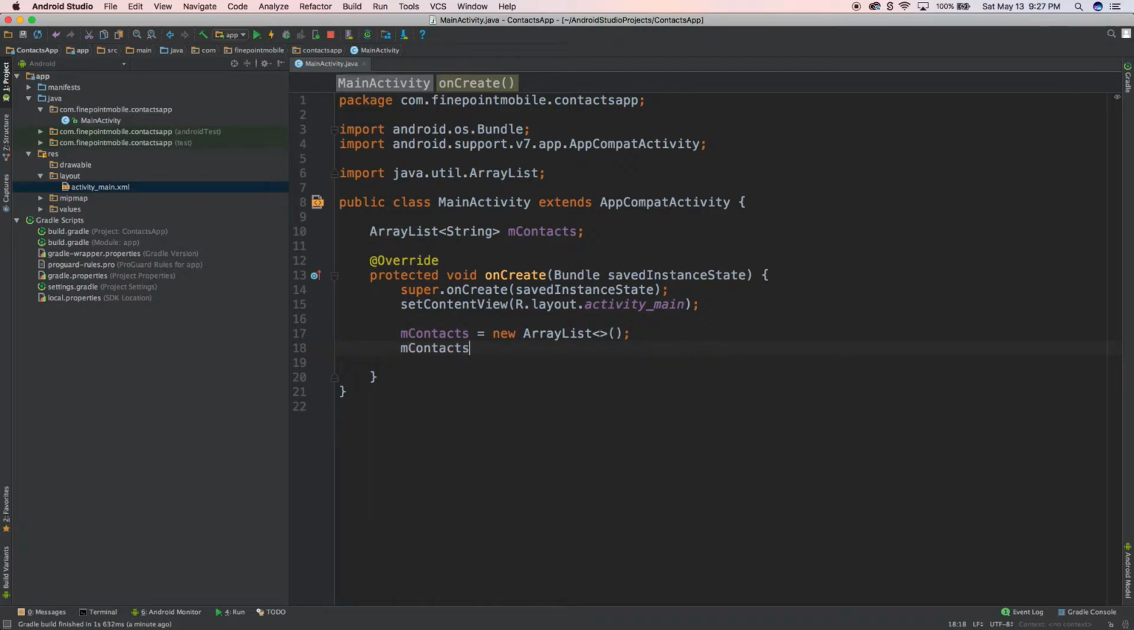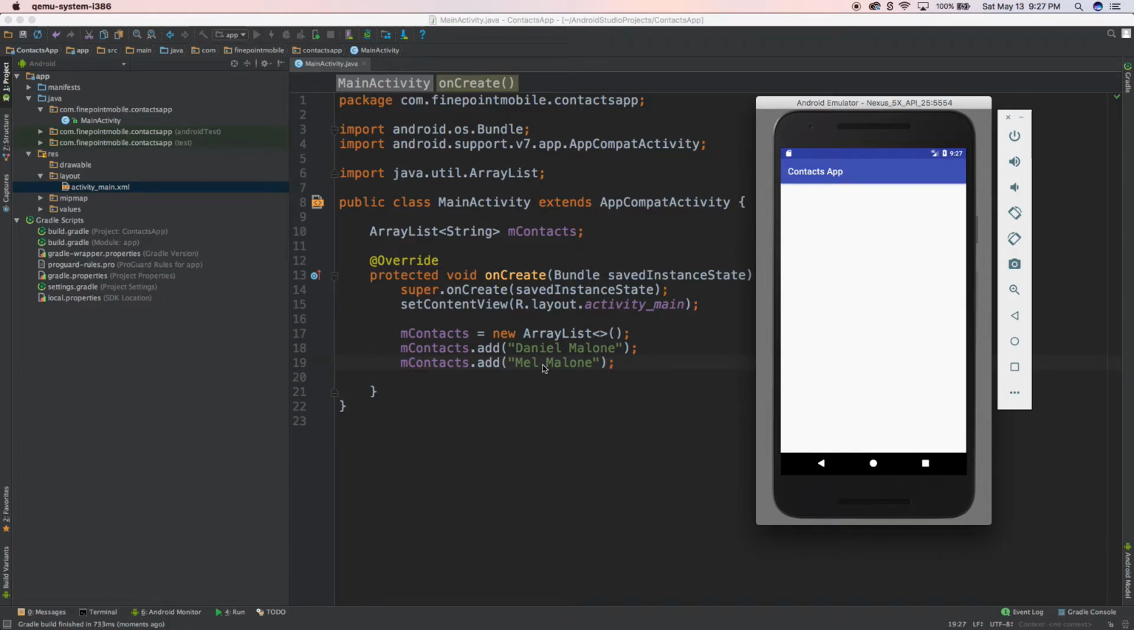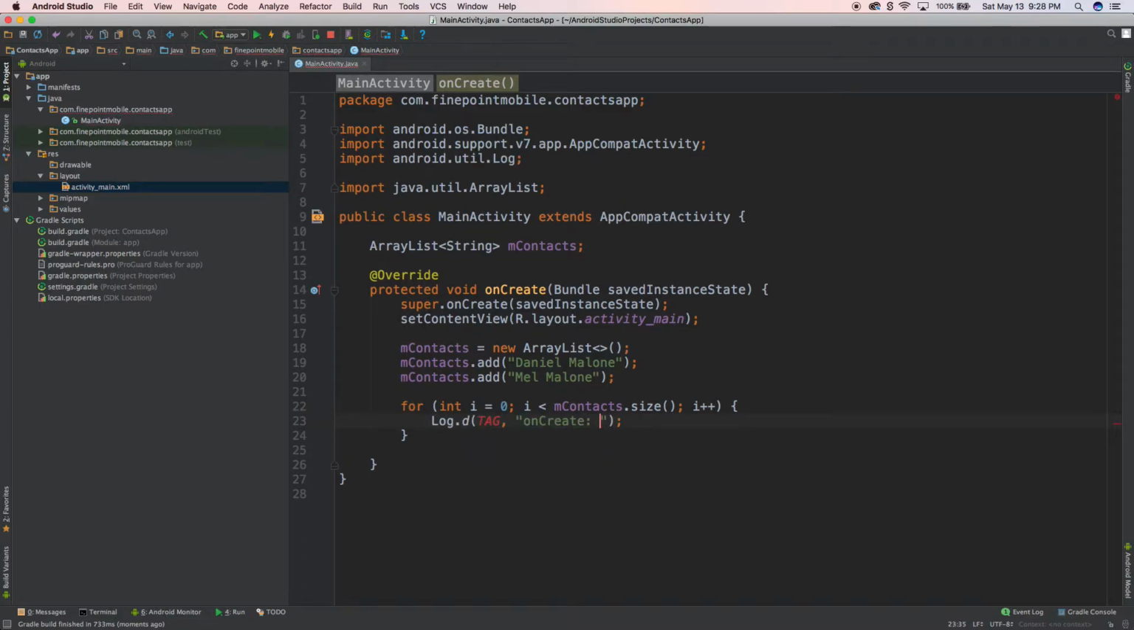So let's do something else. Let's do mContacts.add, and I'm going to duplicate that and name this Mel Malone. I'm going to save it and run it. If we look at our emulator, nothing should have changed because we're not actually displaying that on the app yet. Let's do something, just for testing: let's type for i, enter, enter, mContacts.size, enter, and let's do Log.d, enter,